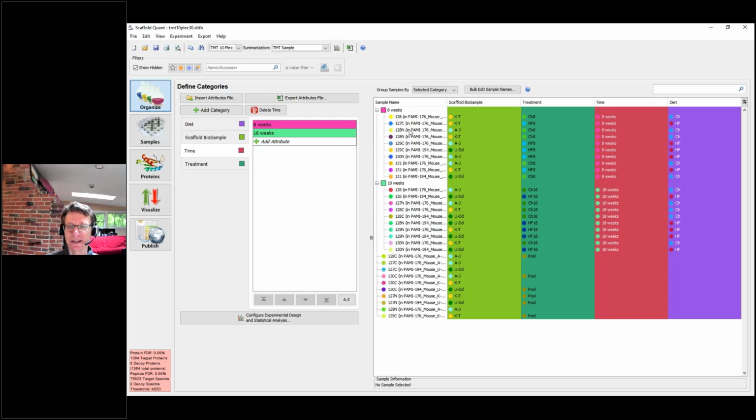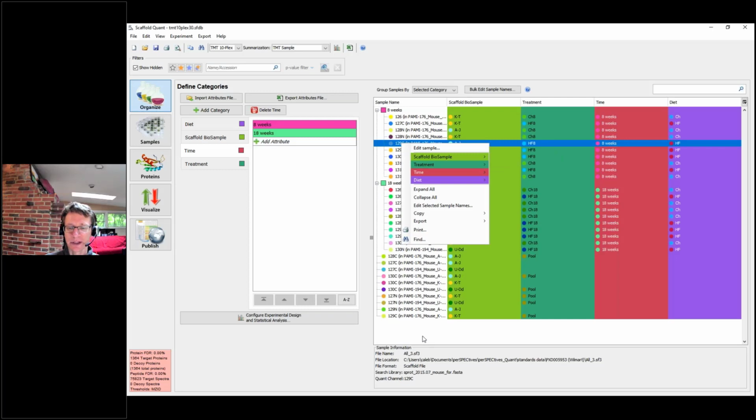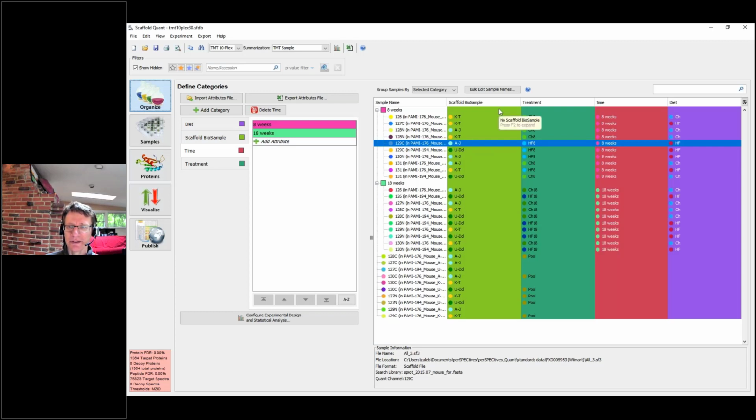There's various ways to do that. You can drag and drop into folders. You can right click and assign things that way. So it's a pretty flexible interface here to get your data organized the way you want it, assign all the attributes. And then once you've done that, oh, I should mention actually,